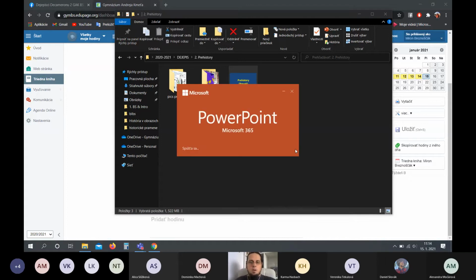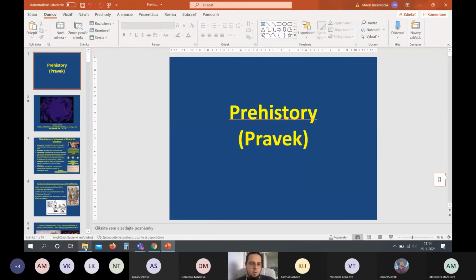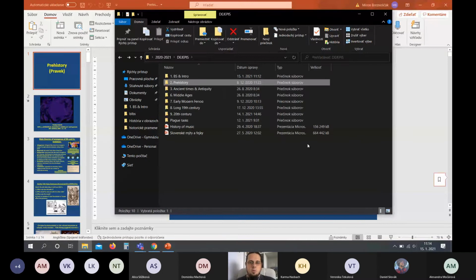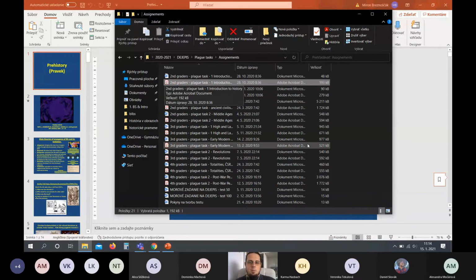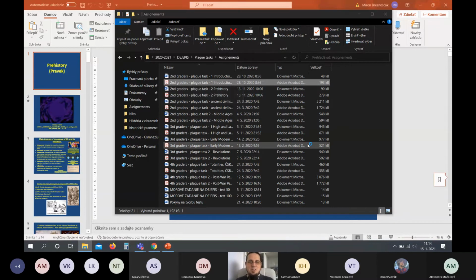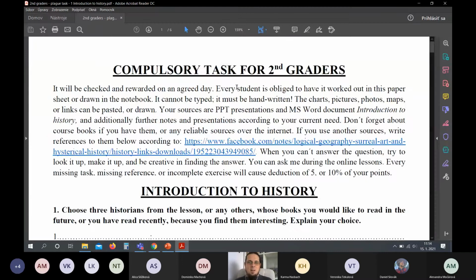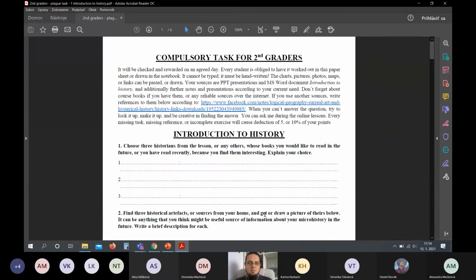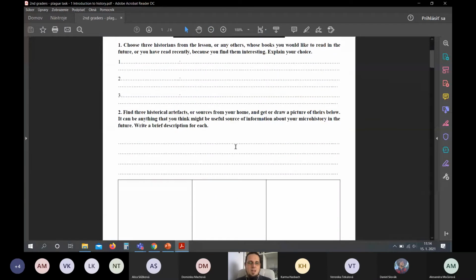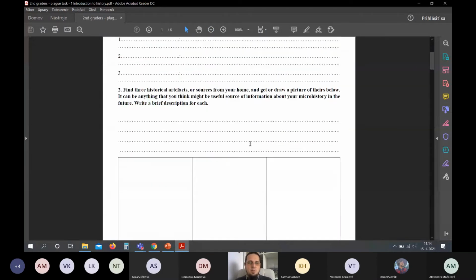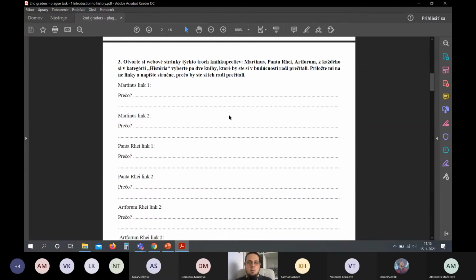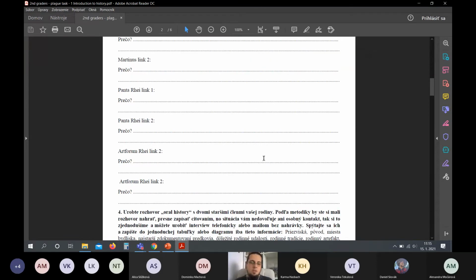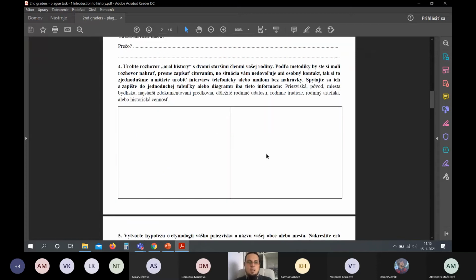And what was here? Maybe I can also show you the assignments that might be interesting for you. For the second graders, poor second graders, they were complaining about me. Okay, so with an introduction, the assignment for them was not so bad, I would say. Like picking some historians. Actually, they had many things before, so historical artifacts from home and describe them. Also, pick up some books from various publishing houses or bookshops and say what they would like to read and why. Very short